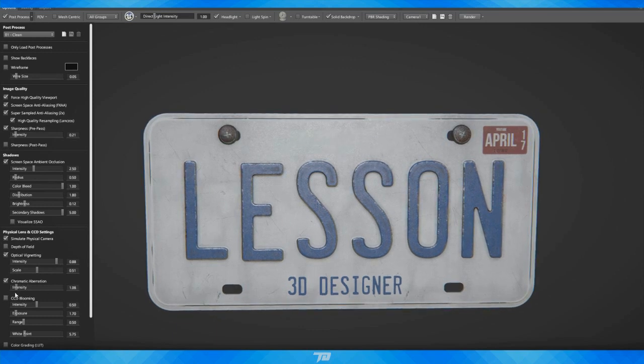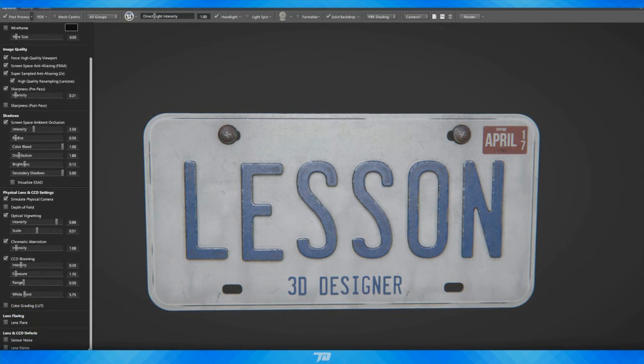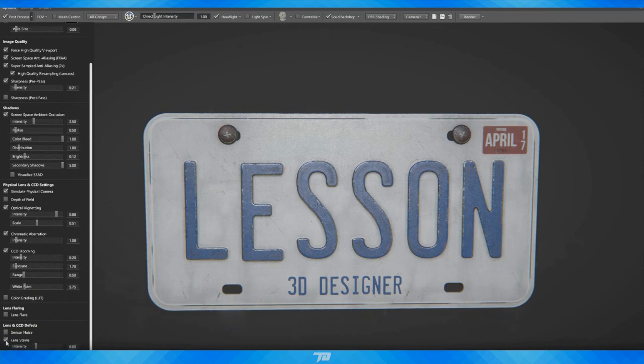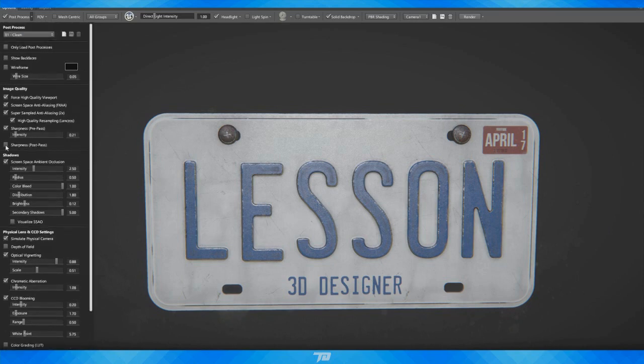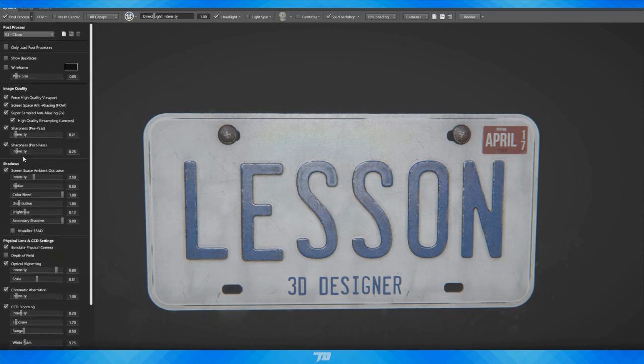I like just a tiny bit. CC blooming, nothing too crazy. I'll turn the intensity down on that a little bit. And then the only other thing I like to add is just some lens stains, because it's kind of a dirty license plate, so some stains go a long way anyways. And then we can turn on the sharpness post-pass in just a very subtle amount. And then with that out of the way,